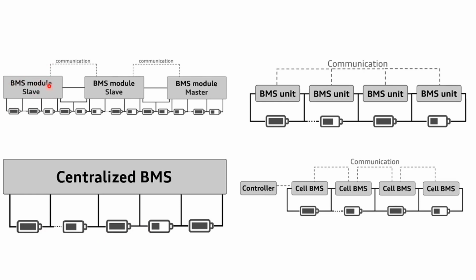In this slave module scheme, modules are there for a pack of cells, and another pack of cells, and another pack of cells, and they communicate with each other. This is neighboring communication, and it is further extended to neighboring communication together with centralized communication. Each BMS will broadcast information to its neighbors, and that information will also go to the controller. If the controller fails, the internal BMS will take care of the communication and try to manage the system. This is called a hierarchical communication system.